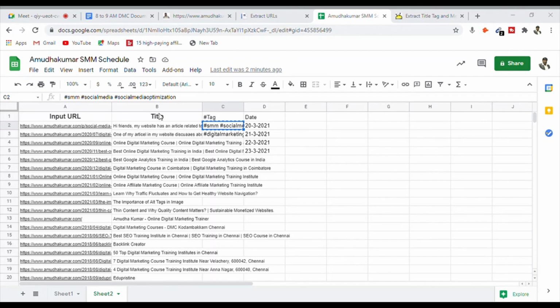For example, I go here and create a new post. That will be posted on Instagram and also on Facebook. These are the two choices I have. So I can paste the content here. This is done, the same content which I have already created.